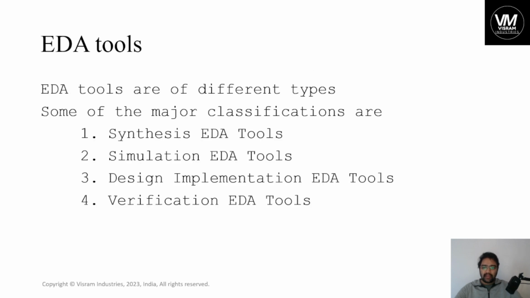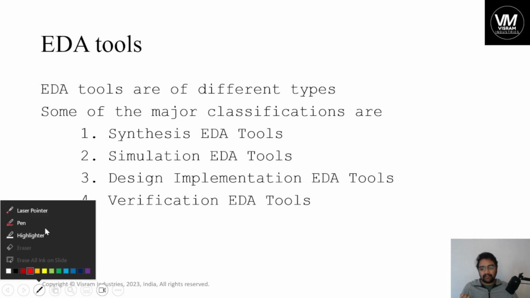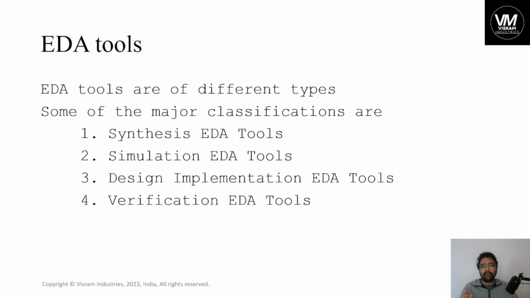Now, other EDA tools. What are the EDA tool types? EDA tool types are nothing but the different steps in the development of chip design. In the different developments of chip design, one is synthesis, one is design, implementation, verification. Major steps. So whenever you remember the flow, you can get